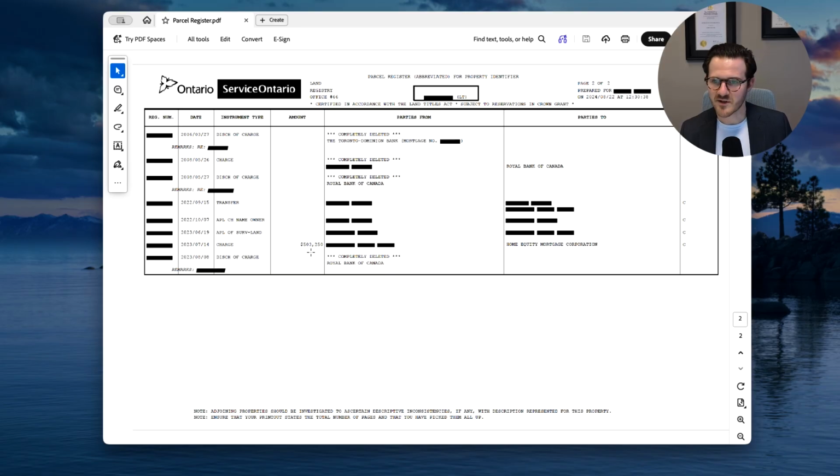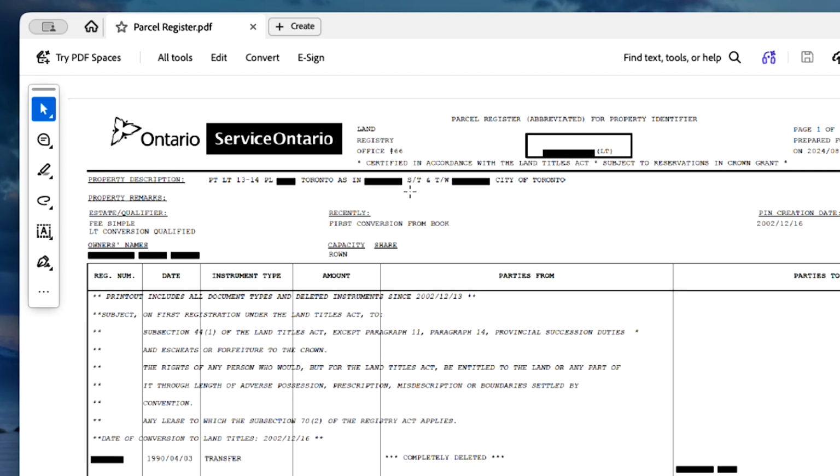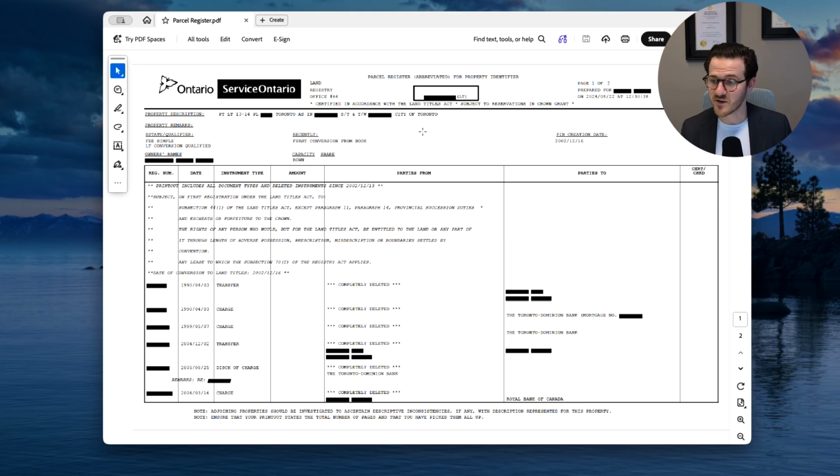Now, when you're searching title, and depending on the purpose of why you're searching title, especially for realtors, there's a few things that you really want to take note of. And going back to the top, you want to check for any easements or rights that they're subject to or together with. If there's an easement, sometimes it will say it in here. And that's a good indication right off the bat to have that checked out by a lawyer when you're preparing a listing, right? That gives you the ability to understand exactly what the rights are and to better describe the